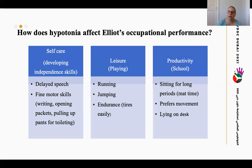So he'll often lie down or prop himself up a lot. It's quite a challenge to sit in one spot with hypotonia, because it requires a lot of recruitment of your muscles to do a good job for a period of time. Often kids with Down syndrome will want to move around a lot more because it's a lot easier. And Elliot does lie on his desk, as you could see before with the